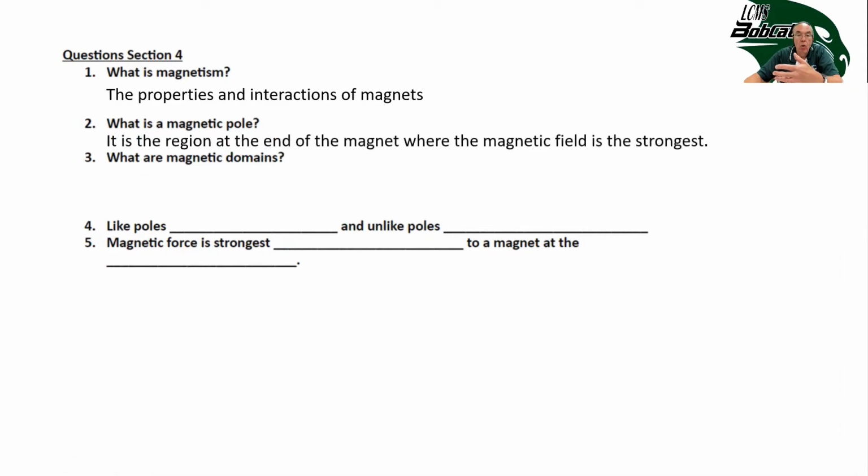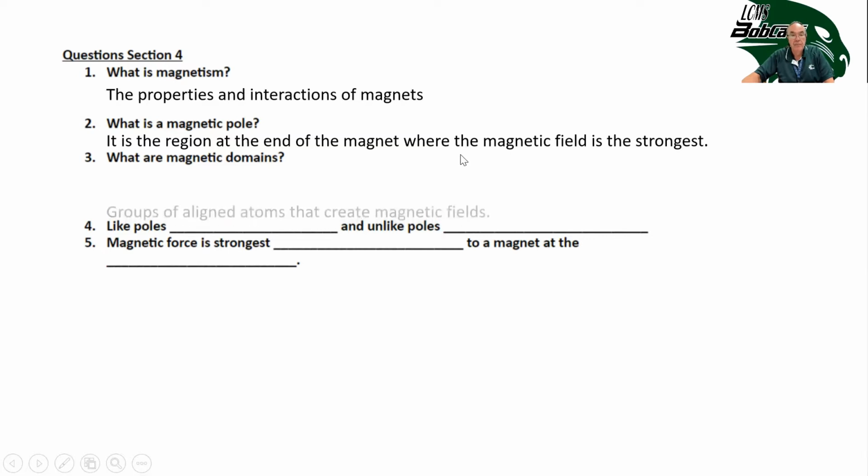What is a magnetic pole? It's the end region of the magnet where the magnetic field is the strongest. Remember, we talked about water was polar, one end was positive, the other end was negative. All year I've been saying anything with poles has a positive end and a negative end. Well, here we go. Magnets have poles. Okay. And this is why other things are called polar, because they end up with a positive end and a